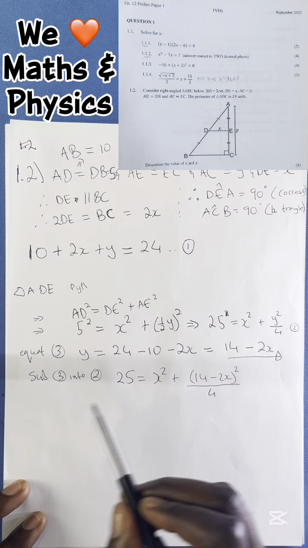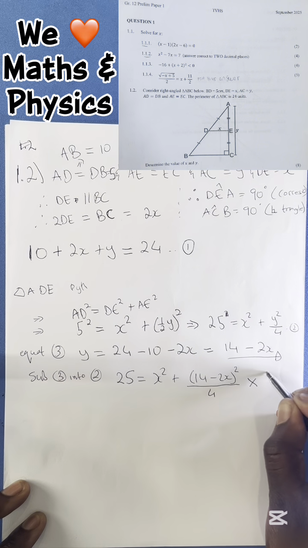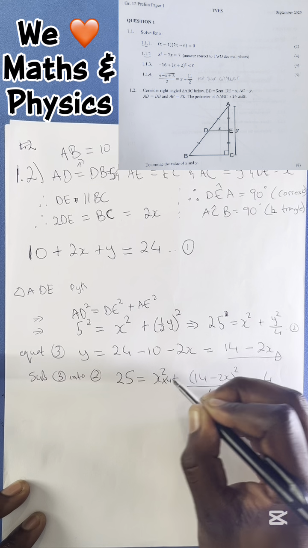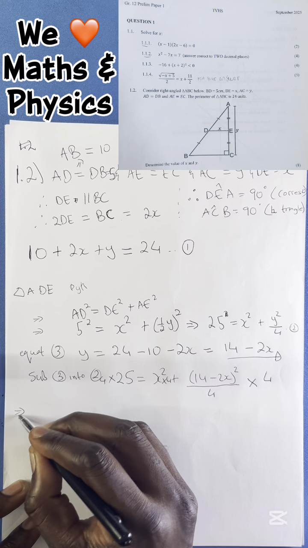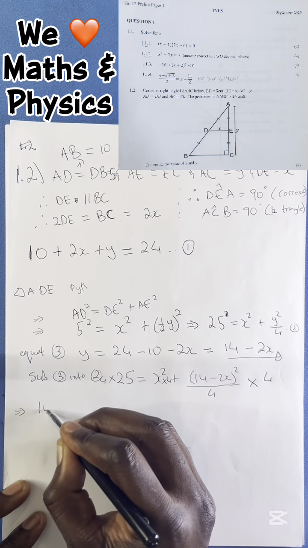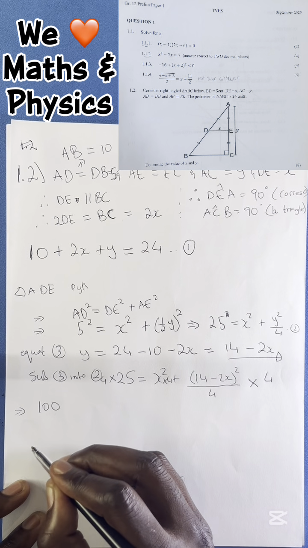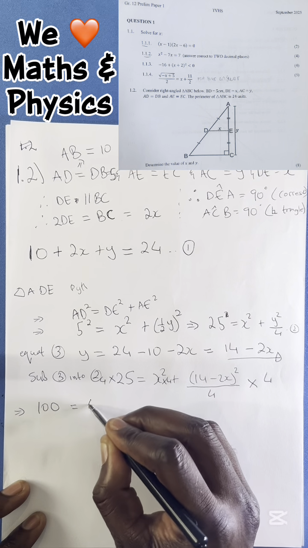Okay, so once we have this step, what's the next thing we want to do? It's always easier not to work with fractions, so you multiply everything out by 4, right? Then that gives you 100 equal to 4x squared,